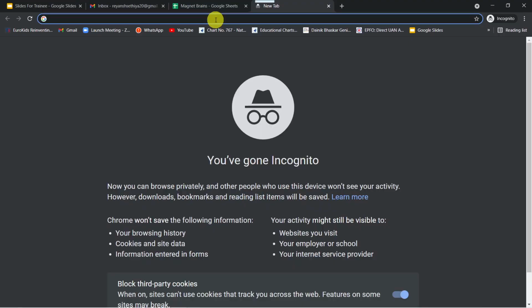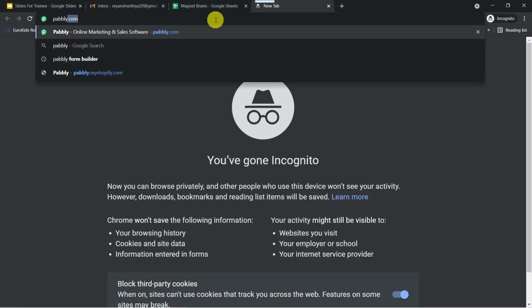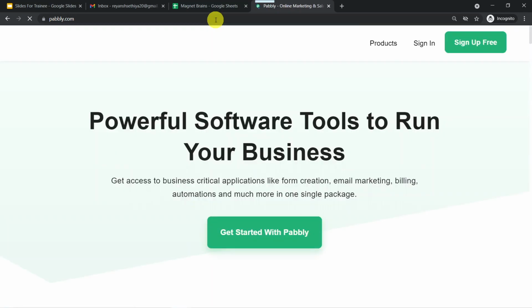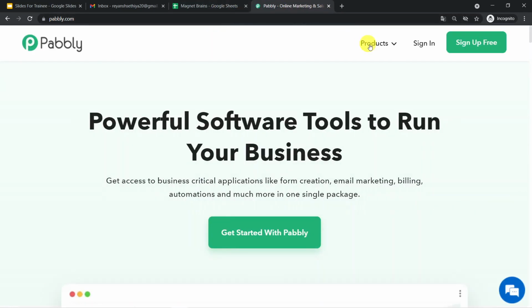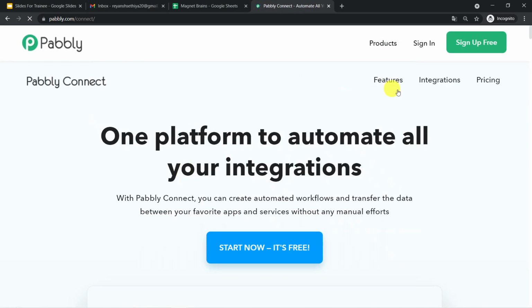For this, let us type pabbly.com in our browser. Here we have to click on products and click on connect. As you are a first time user, you have to click on the sign up for free option.